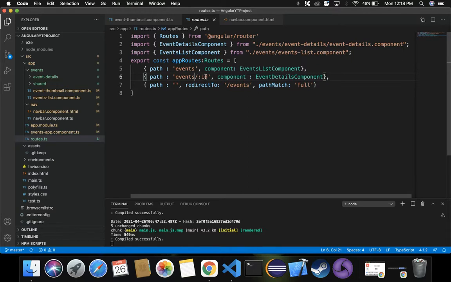From where will it be displayed? From the component. Here the component we are specifying is the event details component. So the event details component for that ID, that is the fourth ID, will get displayed on our web page. This is the logic which we are implementing.